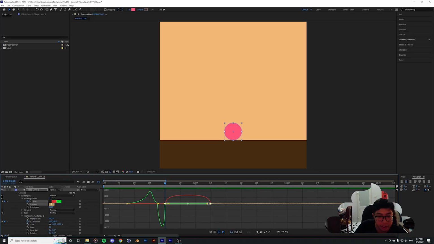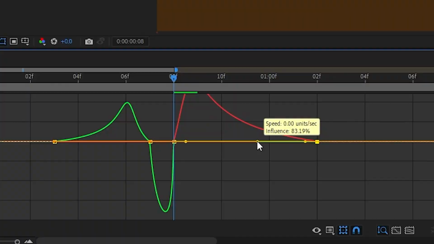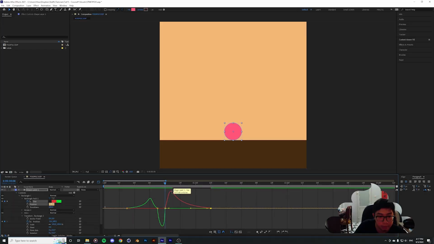So how are we going to do that? We're going to highlight this keyframe and drag it all the way in. So now the speed is actually up here, so the action of the animation is going to happen a lot quicker, and then it's going to ease down over here as if the force is slowly dispersing out to either side of the pool. Now if we play it back,